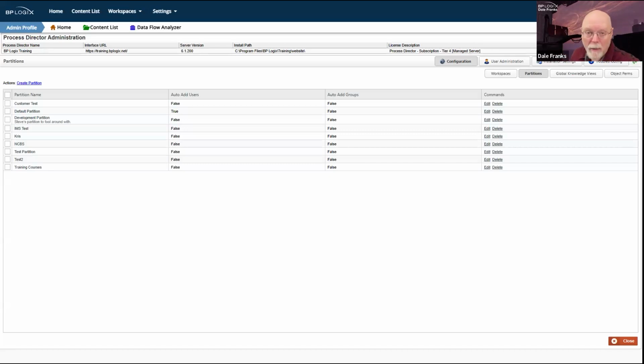When you create a partition, you're essentially creating, sort of de novo, a new mini installation of Process Director that is going to need to be configured from scratch, or at least the content list portion of it is going to need to be configured from scratch.